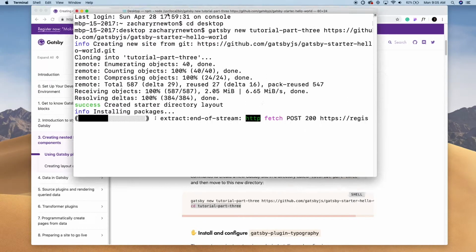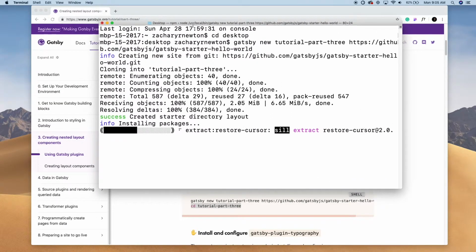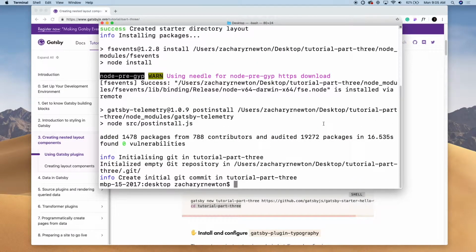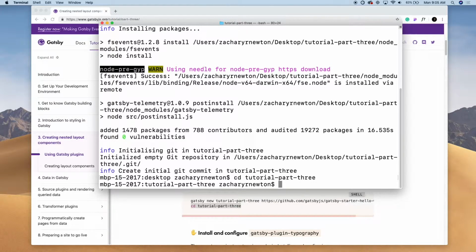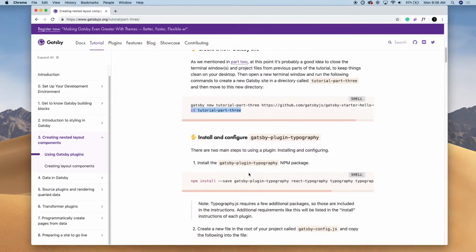So let's wait for this thing to finish creating this project. Alright, now that it's done creating the project, let's go ahead and cd into the tutorial project. And now we are in the project. So let's see what else we need to do. Install and configure gatsby-plugin-typography. So we're just going to install this plugin, and to do that we'll run this command. It's npm install --save gatsby-plugin-typography, react-typography,